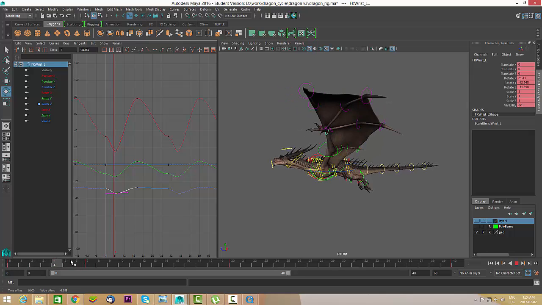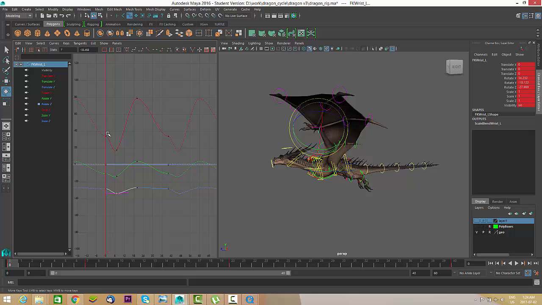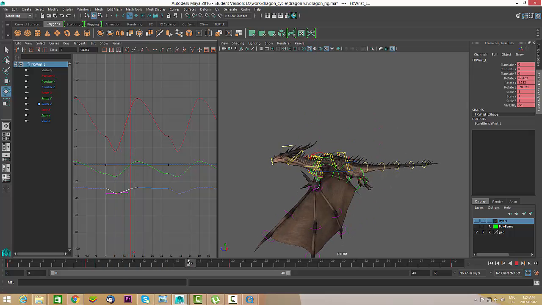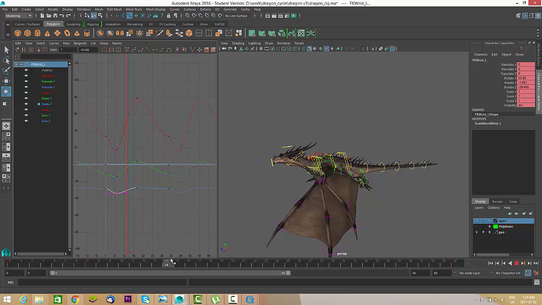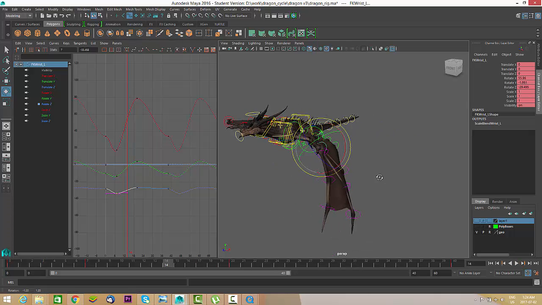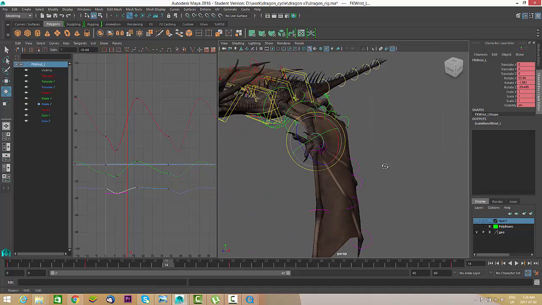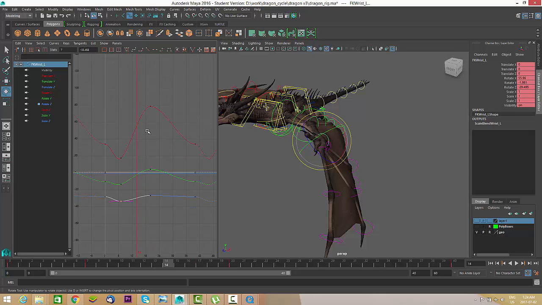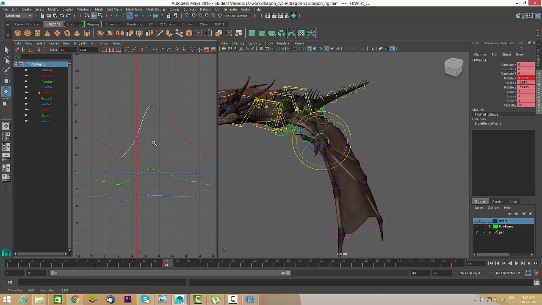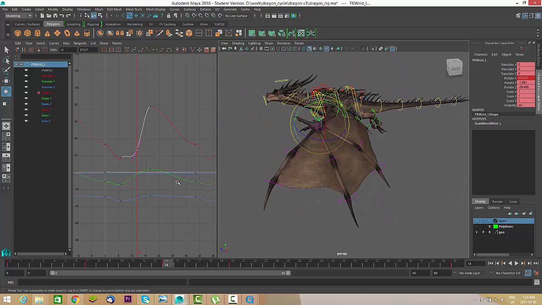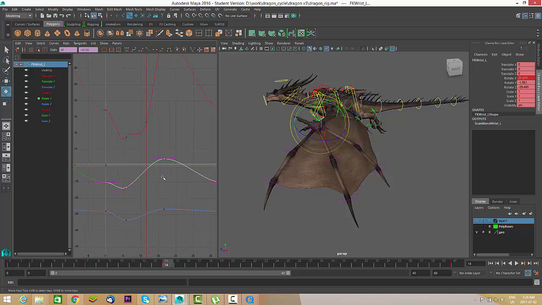I know at the moment it looks a little bit weird right now, but don't worry, we have to fix the smoothing here. I'm just trying to make the sense of the whole animation right now. And even here, somewhere around 15, maybe 14, the wing needs to grab. We need to feel that there is wind somewhere in the wings. So I'm going to add another key here. More like this, and I'm going to add another